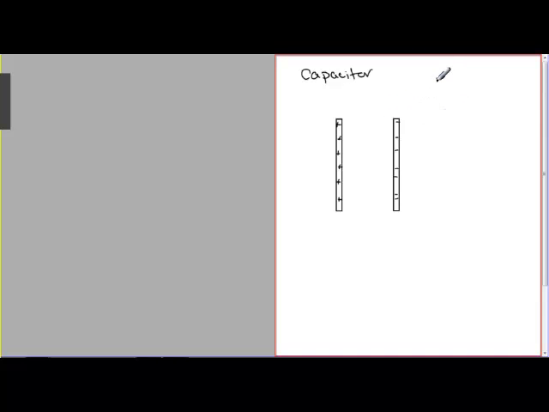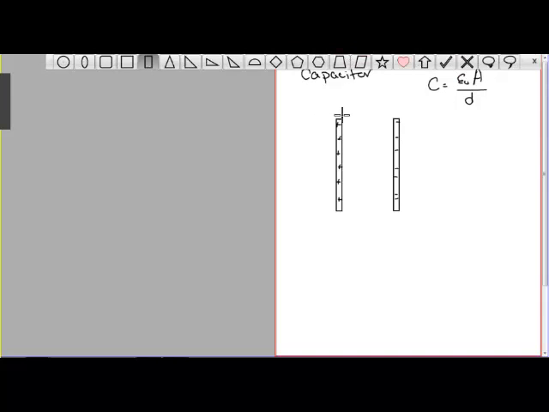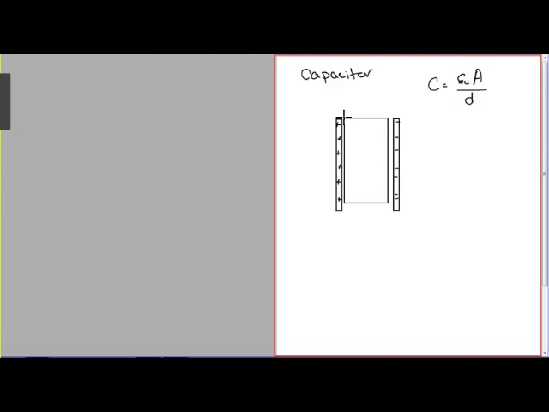And we came up with the calculation that the capacitance was equal to epsilon 0 times the area divided by the distance between the plates. So these are the area of the plates, this is the distance between the plates. This is a constant that's related to Coulomb's constant. If we calculate capacitance for normal capacitors based on this, we would get really small values. Well, it turns out that if you put a material between the plates that has certain properties, which we call a dielectric,